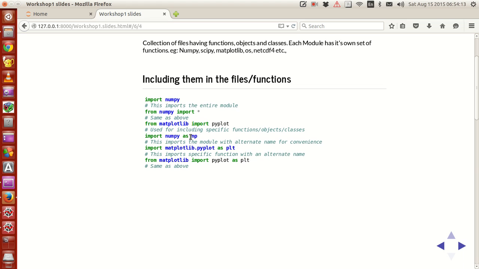Now this np will be the short form of numpy in this entire module when you use it. This imports the module with the alternate name for convenience. That is it, nothing more. And also